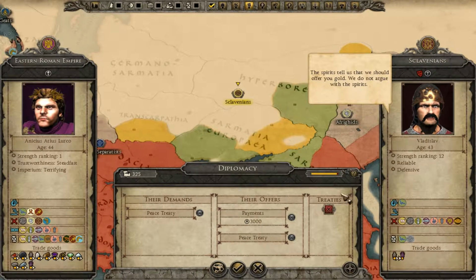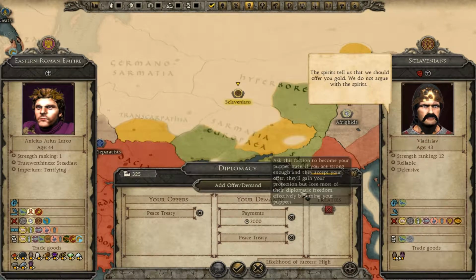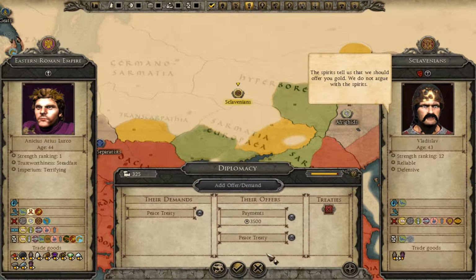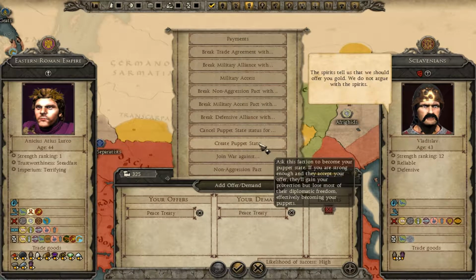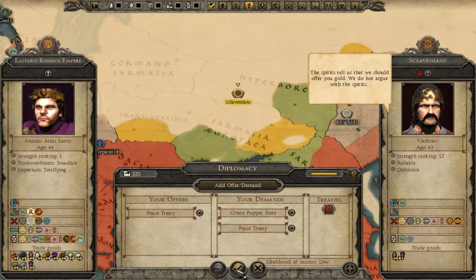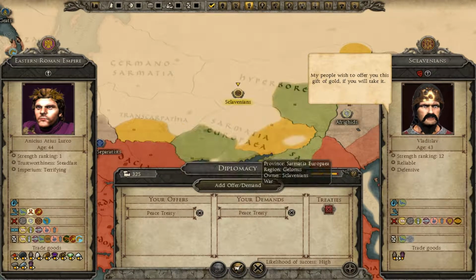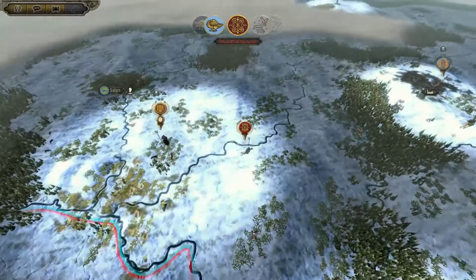That we should offer you gold. We do not argue with spirits. I'll tell you what, you become my puppet state. I will forbear the money, but you need to become my puppet state. The spirits tell us that we should offer you gold. We do not argue with spirits. I told you what the price is going to be if you want me to not attack you. My people wish to offer you this gift of gold, if you will take it. You're not getting it into your head. I told you if you wanted to get peace, you're going to have to...